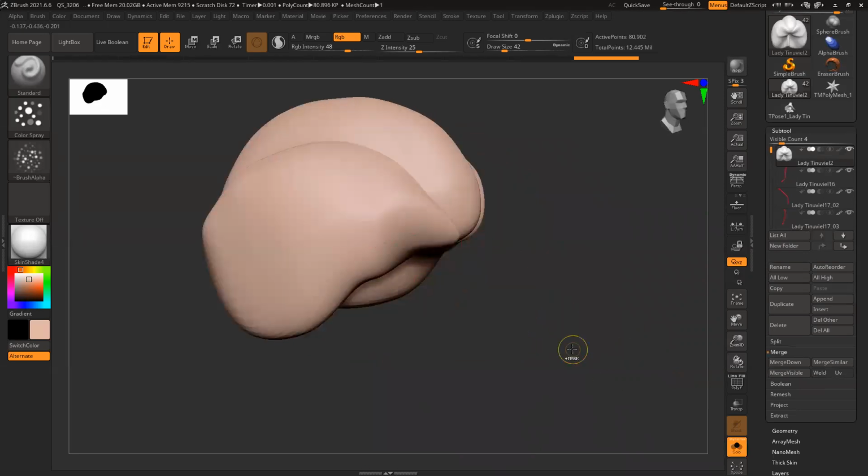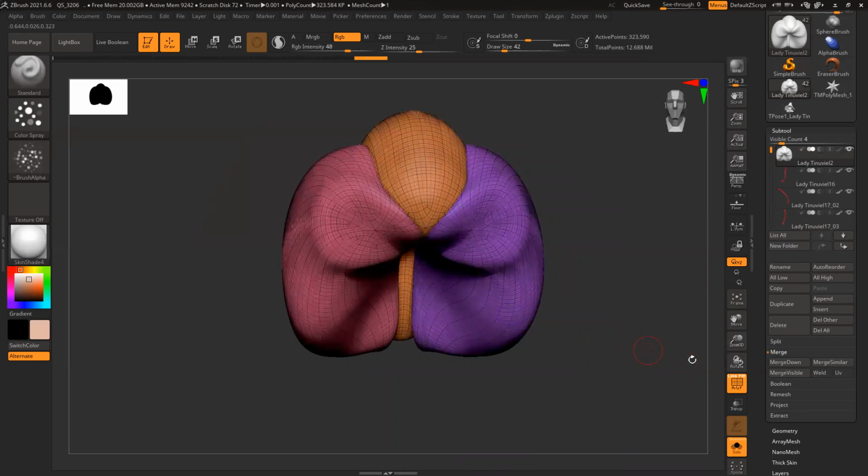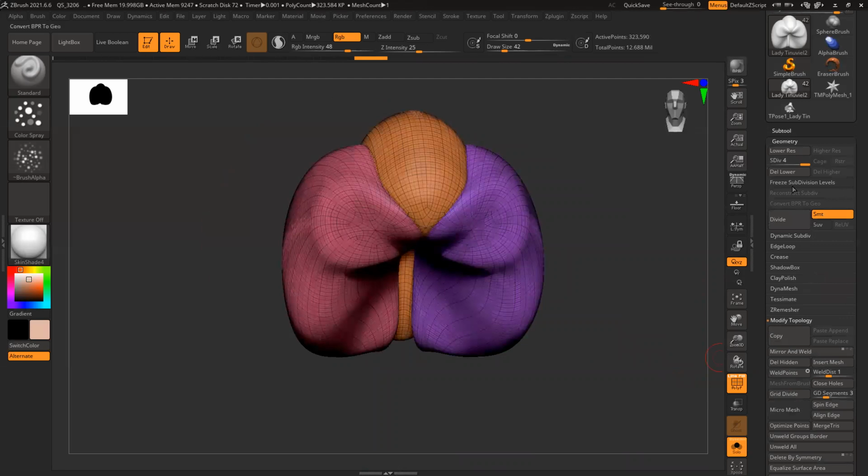Control D. So I need to create those hairlines. Control D. Shift. I can see the topology is not very accurate, so what I can do here is use a ZRemesher.